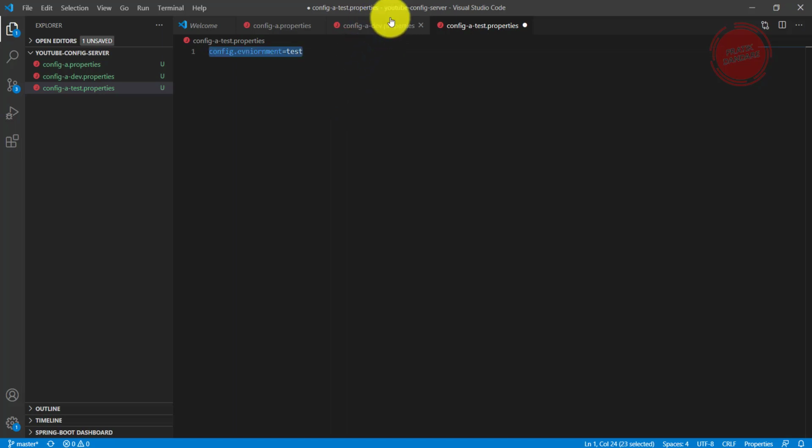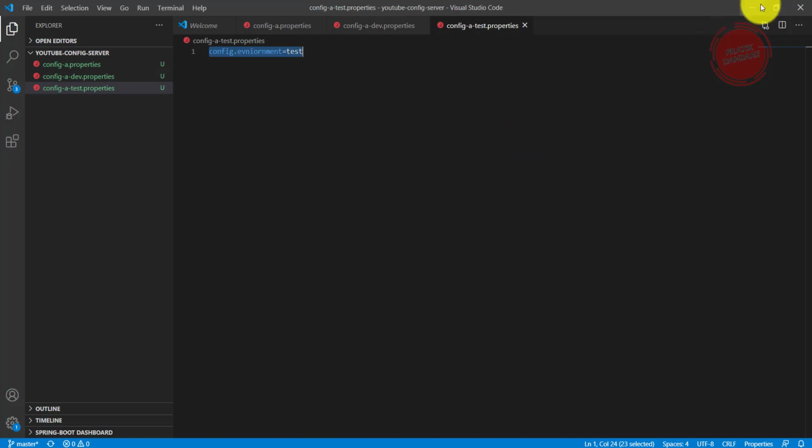We need this property on all properties files. So it's a dev environment again, and it's a default environment. So yeah, we put the environment inside these properties.